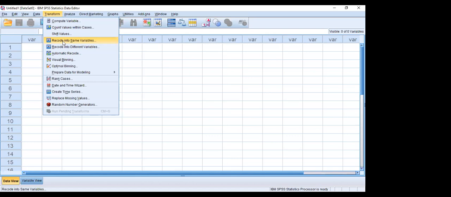So based on the existing data, you can generate new categories or new groups. That is what we call recode. Or suppose you have collected male and female information, where male is 1 and female is 2, and you want to change the codes during certain analysis. You can change that also.